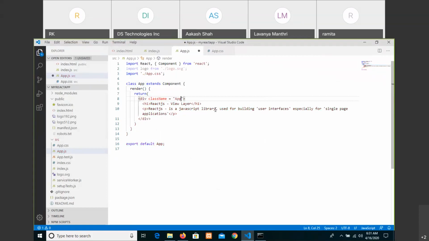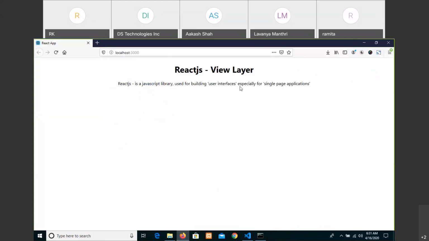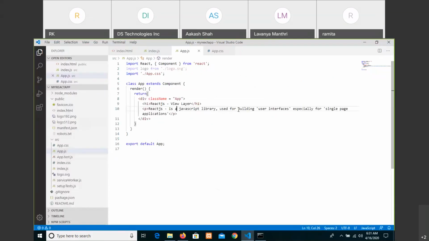Name it something that you want to apply. As we have the text, it will be given preference in the center. Okay, let me just write: React.js is a JavaScript library used for